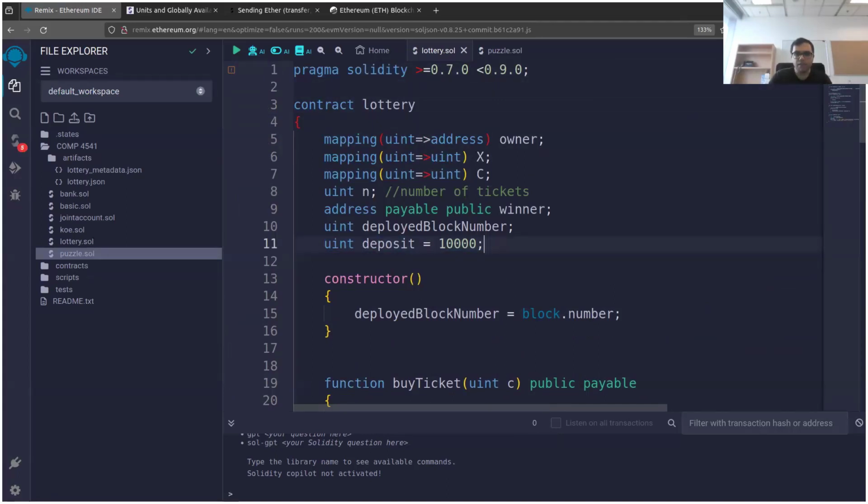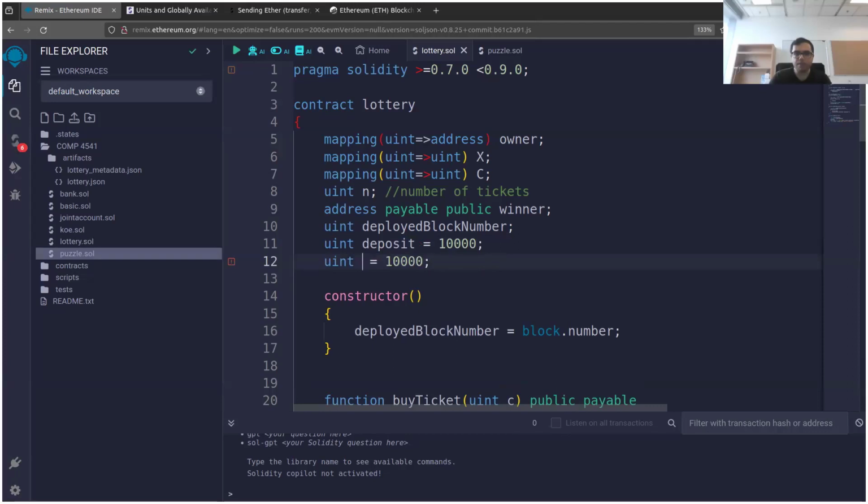I have a deposit. I have also a ticket price. So now my question is, how much should the deposit be? How much are you willing to lose in order to win a lottery? Well, the answer is the total amount of money in the lottery, right? So if I have, for example, a situation like this where my ticket price is the same as my deposit,